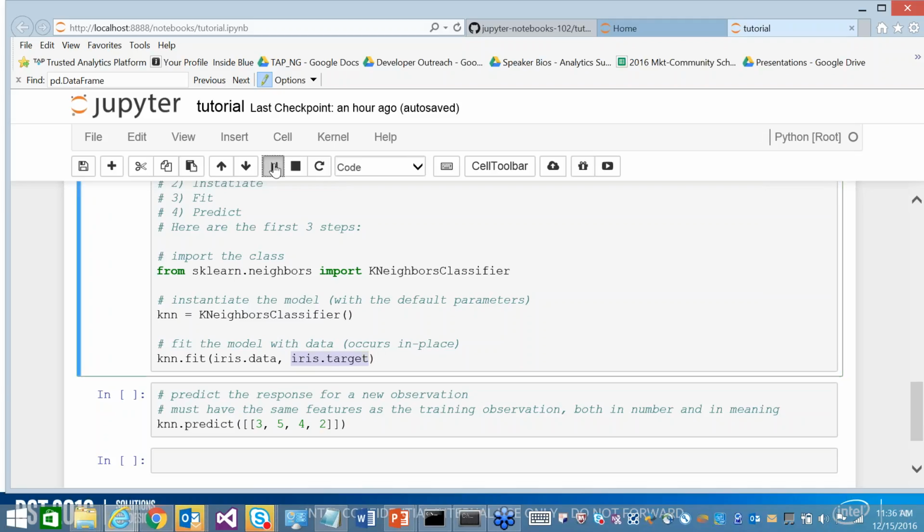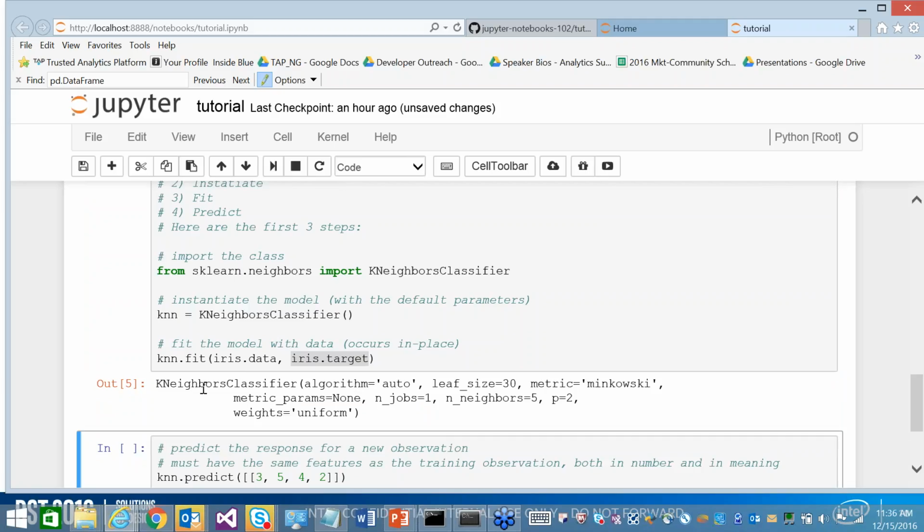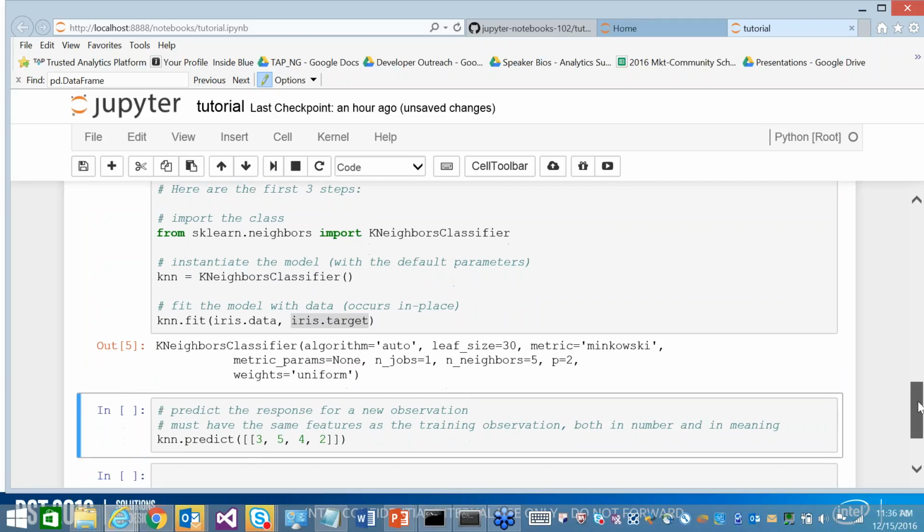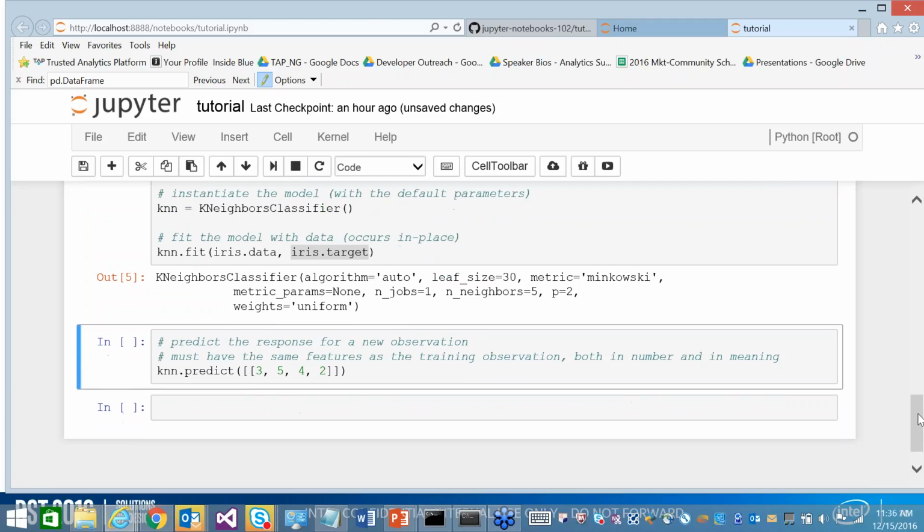Okay, so let's go ahead and run this. And it just outputs what it found. So now it has learned that data set, and now you are ready to do the predictions. Basically we now have a model, and we're ready to do our predictions. So now that we've got our data loaded, the model has been created,